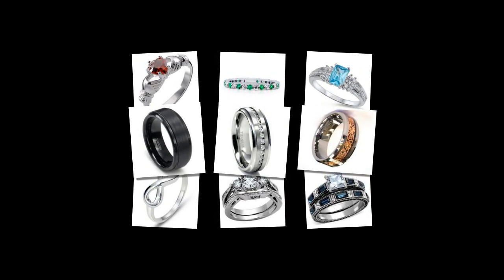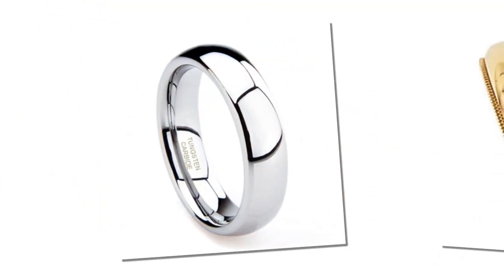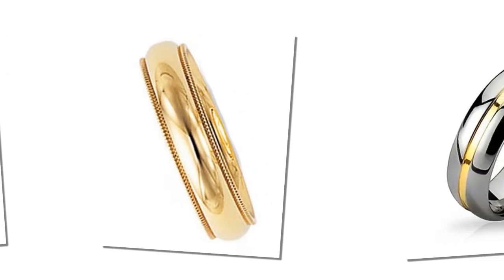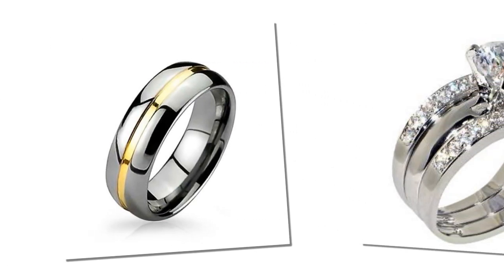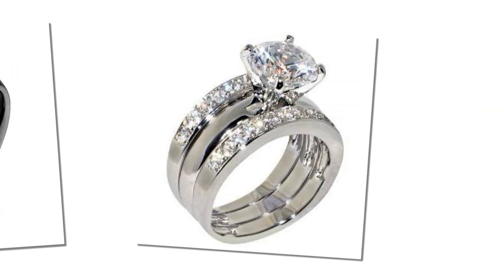Other materials that are used for wedding rings include metals such as titanium, tungsten carbide, and nickel silver, and precious gems such as ruby, sapphire, emerald, and topaz. As for the wedding ring style to choose, there are the traditional plain bands, or the more elaborate ones with beaded edges. There are also the modern designs of two-tone wedding bands. Solitaire rings with a precious stone are also classic designs for wedding bands. There are other styles and designs such as the following: